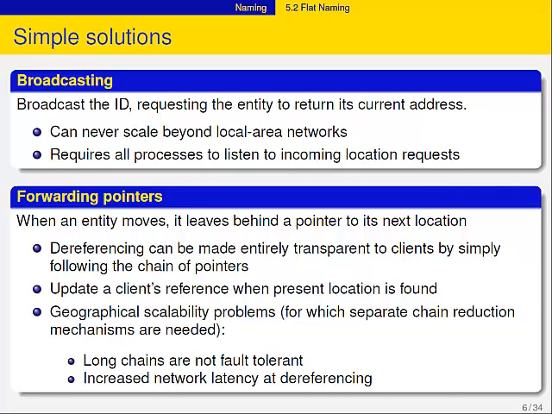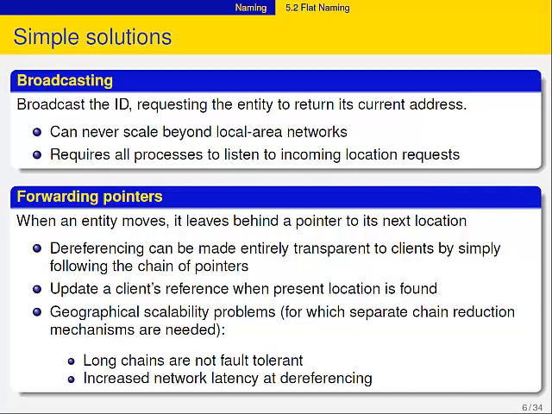The practical view on forwarding pointers... Oh, well, thank you. Touché. The practical thing is that you need to make sure that if you have these chains, they need to be robust. If you just maintain your chain and you do not make sure that you have shortcuts or anything like that, then as soon as one of the machines in that chain fails for a while, you will not be able to dereference to the mobile agent holding the actual IP address. Okay, that's the analogy. But there's no solution for that.